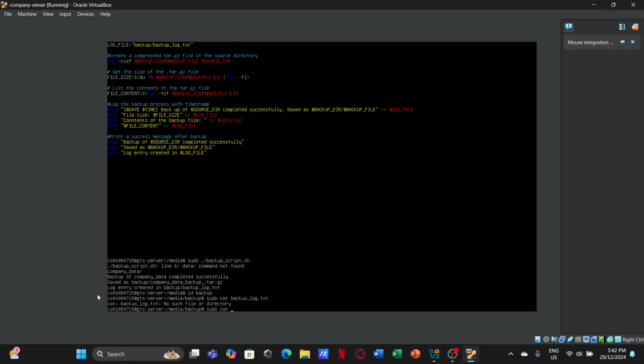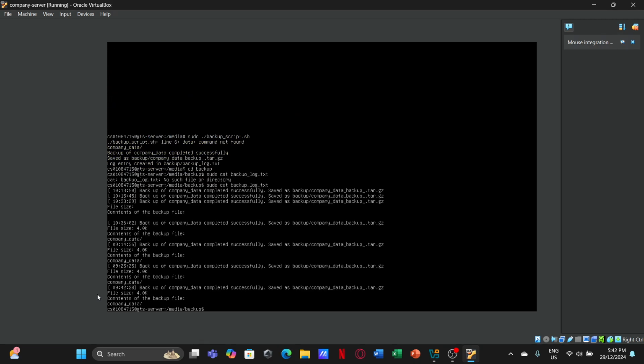Oh, my bad, I spelled it wrong. backup_log.txt. As you can see, backup of company data completed successfully, saved as company_data_backup.tar.gz, with the file size and contents of the file. And that will be it for